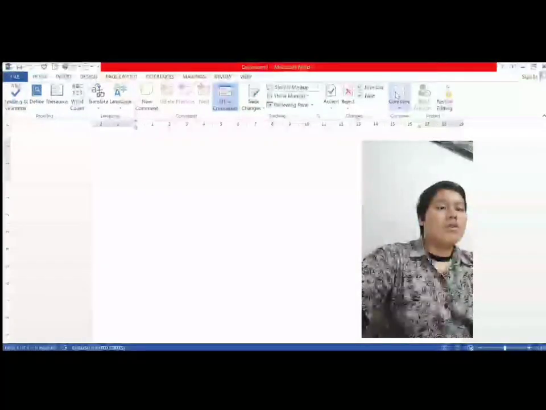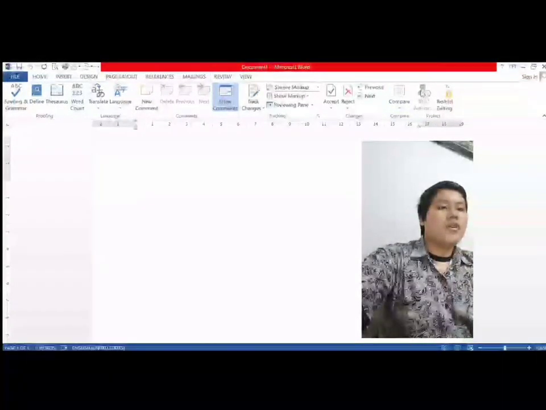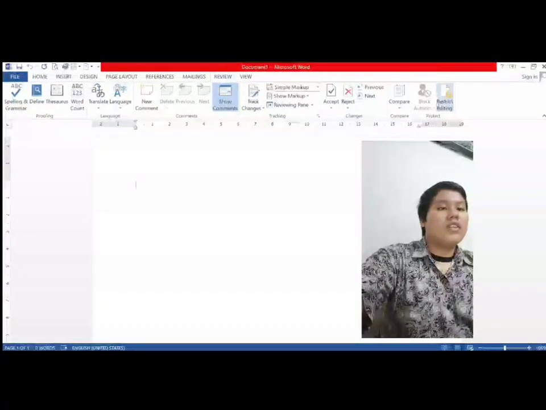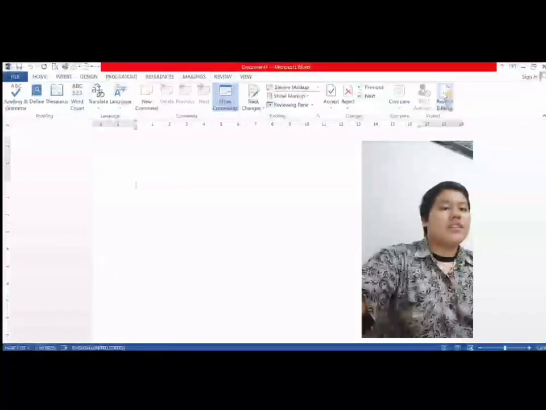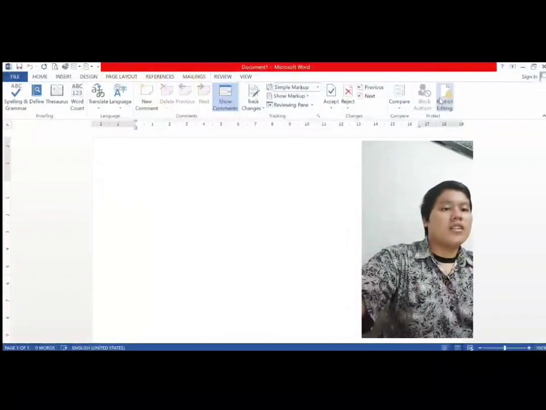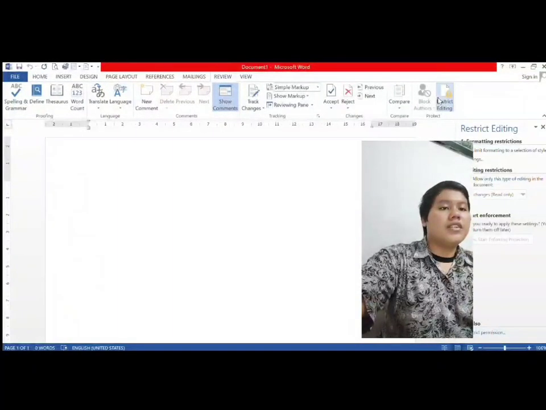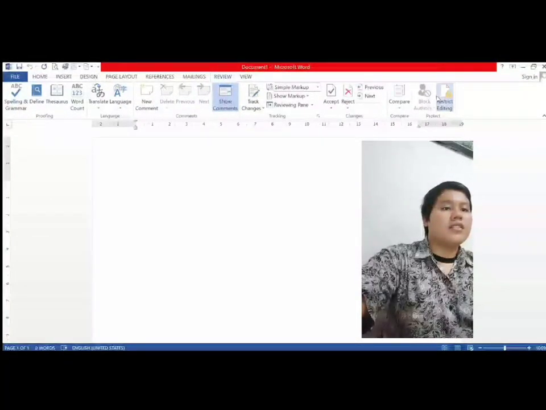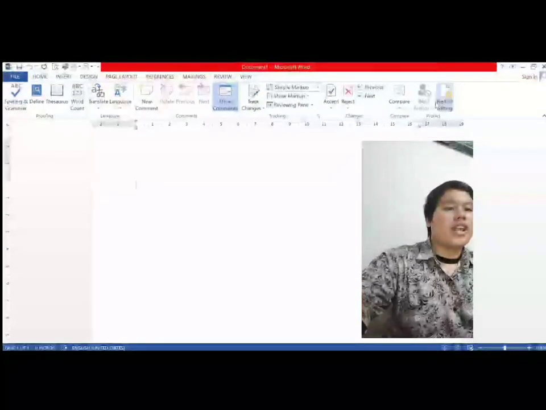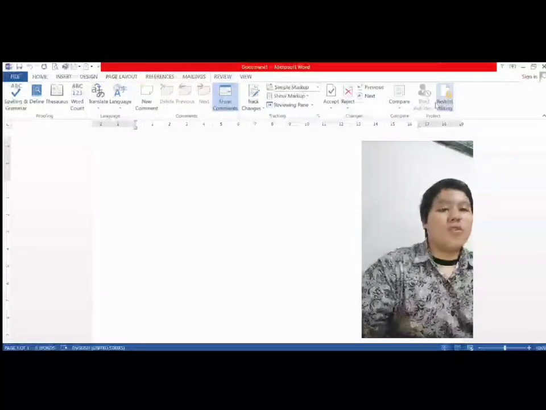Block Authors is a function to keep others from making changes to the selected text. Restrict Editing is a function to limit how much others can edit and format the document.